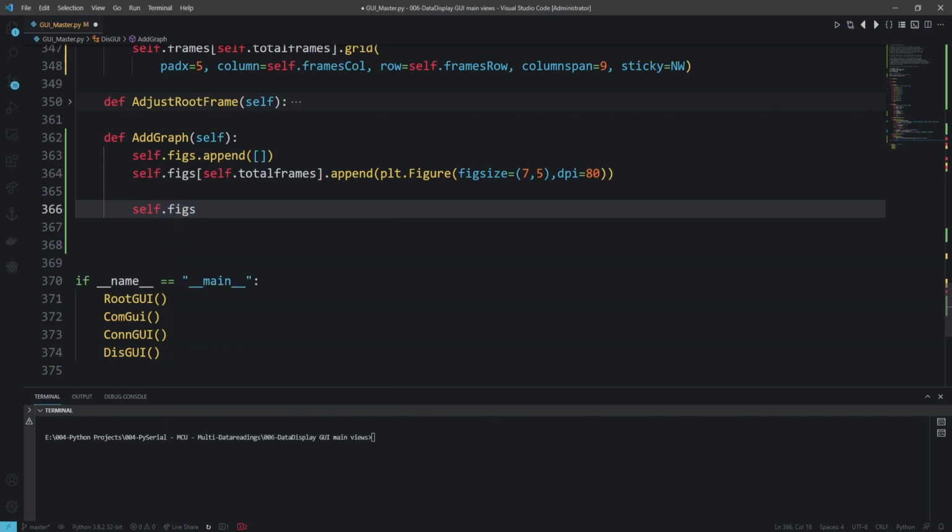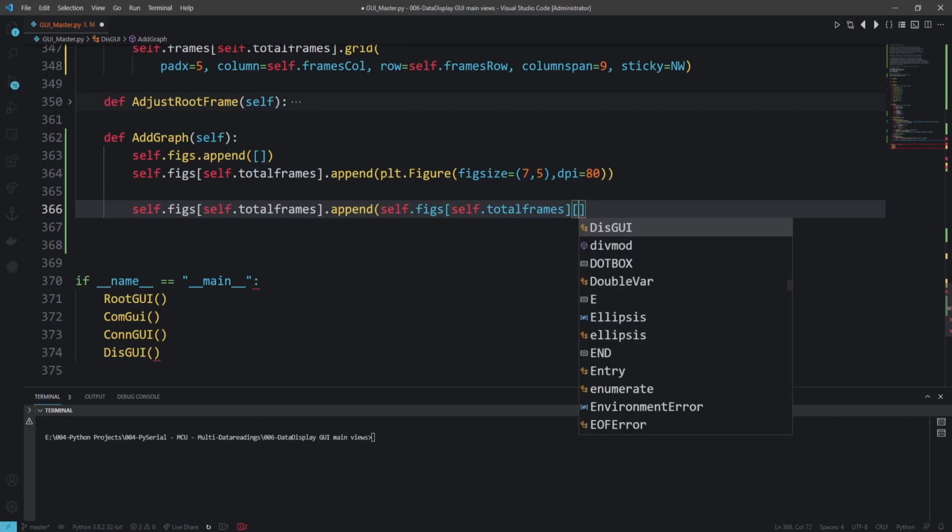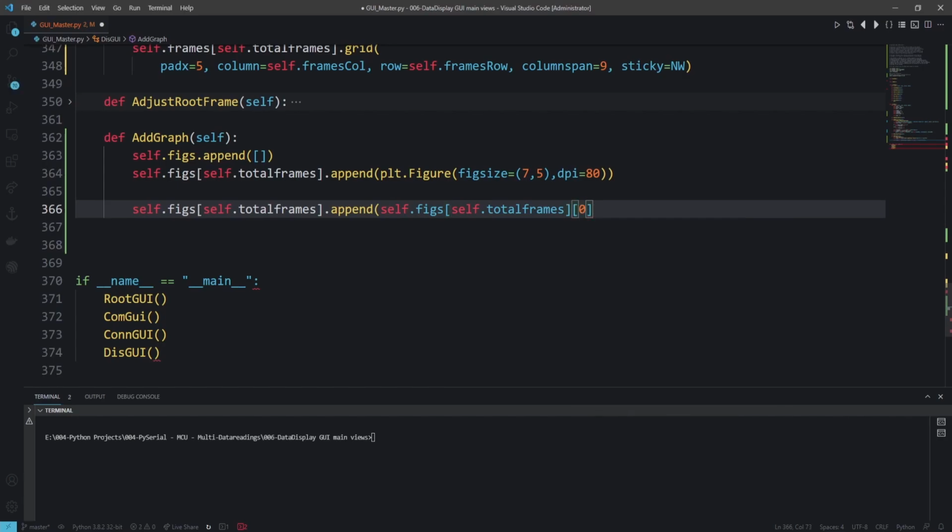self.figs, and it's exactly the same. Actually, we are going to append inside the same list from the first index. So append, so we are having a list inside the list, and we are going to append from here. So we are calling the same one, this self.figs, but we are calling what is inside this, which is a 0. So the element that we created before, the figure that we created before,